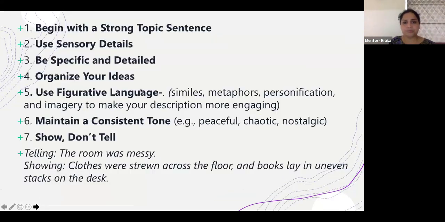So what are the requirements for descriptive writing? First is to begin with a strong topic sentence. For example, you're writing about a garden. You can give a general statement about the garden: that the garden encompasses a variety of colors. Then, two, sensory details. Being in the garden feels like,